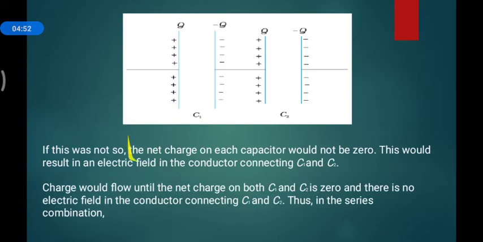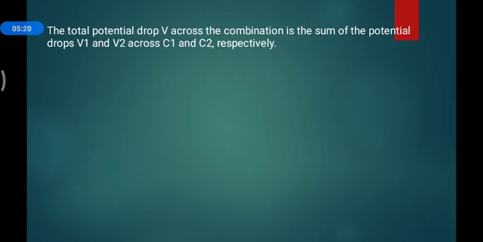This line I can explain to you. These are two capacitors, and you join the battery also. Go back to the 10th class and the series and parallel combination of resistors. What exactly happens in a series combination? In a series combination, the current will be the same, and the voltage will be distributed as V1 and V2. So here also, whatever voltage you are supplying will be distributed as V1 and V2 across C1 and C2 appropriately.